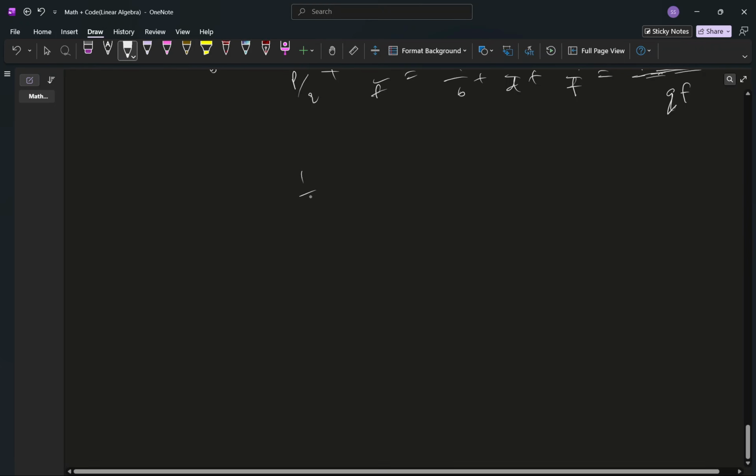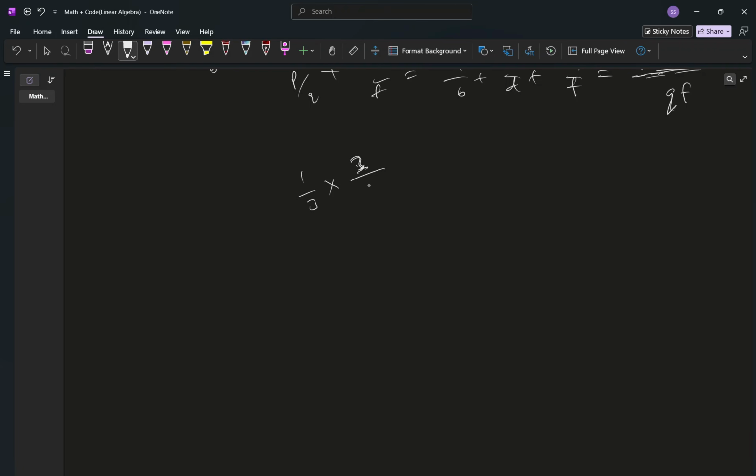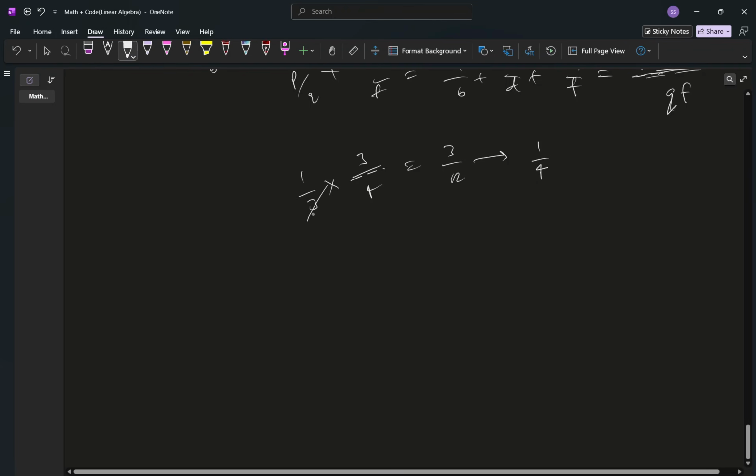of writing this, let me write 1 by 3 times 3 by 4, which will be your 3 by 12, and on simplifying you'll get 1 by 4 as the answer. Well, obviously if you directly cut this, you obviously get 1 by 4 as the answer. So this is how you use simplification everywhere to make your life easy. So that's how you use this simplification